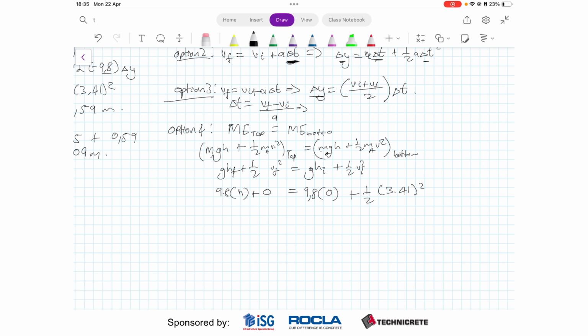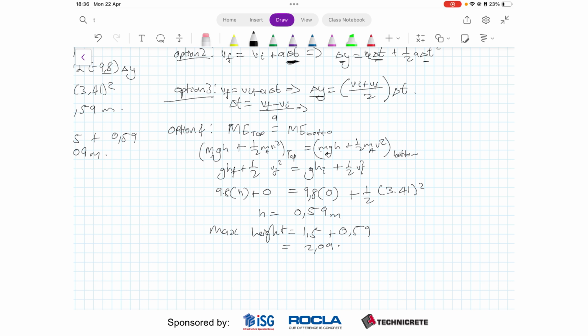Okay, now this will tell you that h is thus 0.59 meters, and then you just put that to max height equals 1.5 plus 0.59, which is just 2.09. Okay,